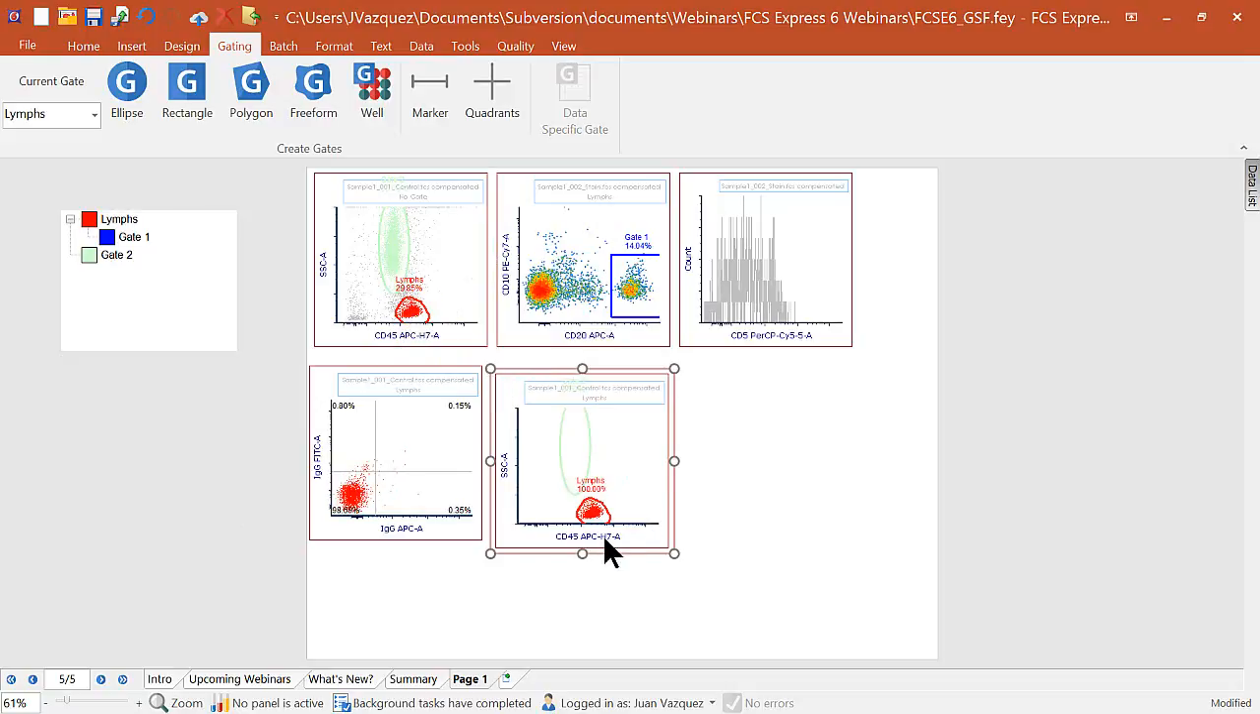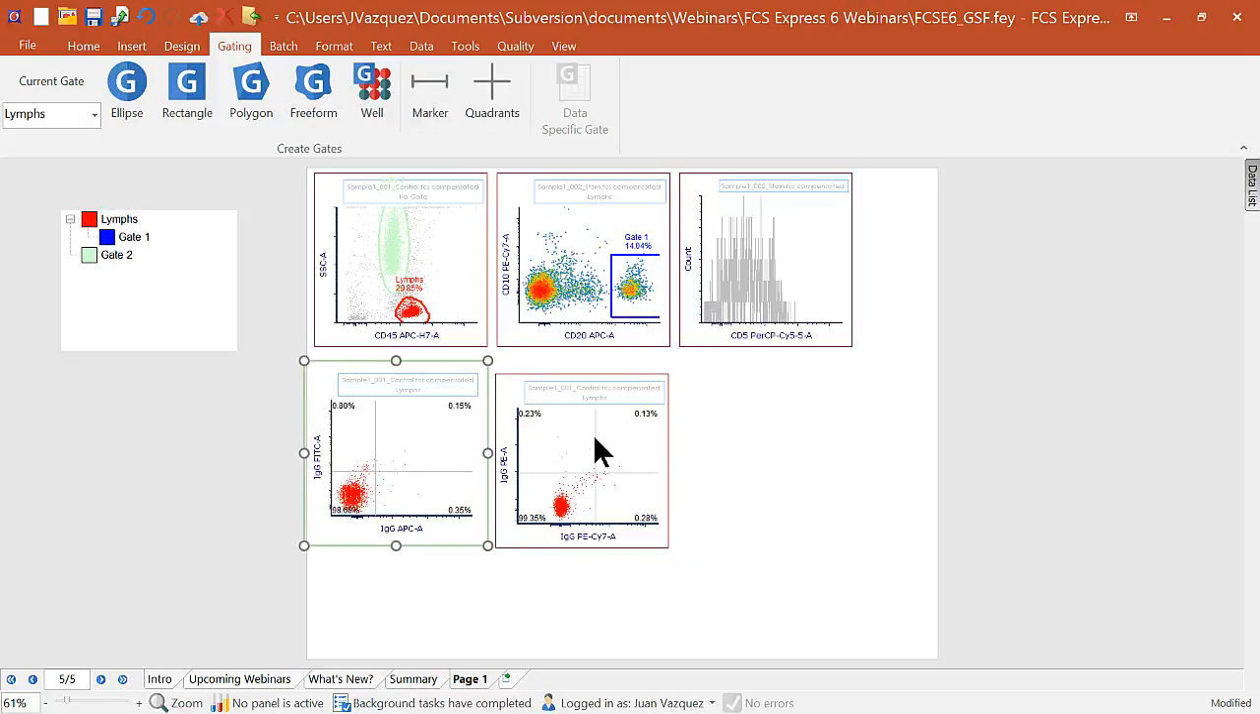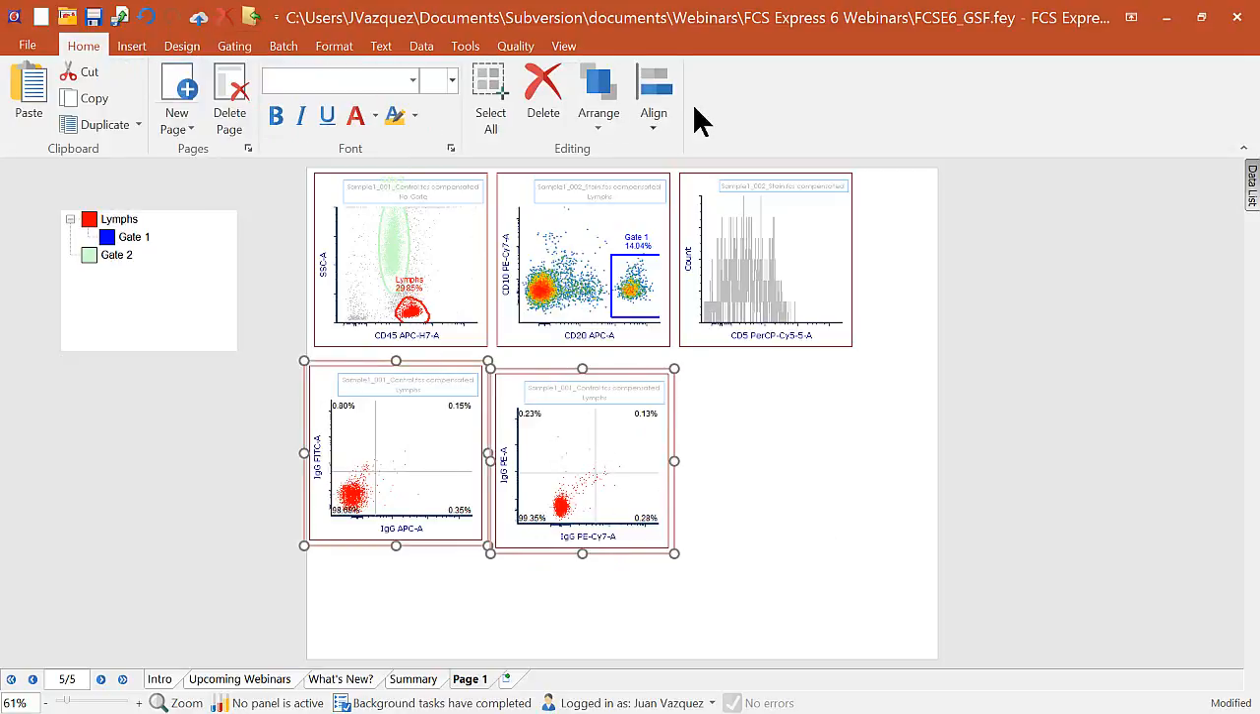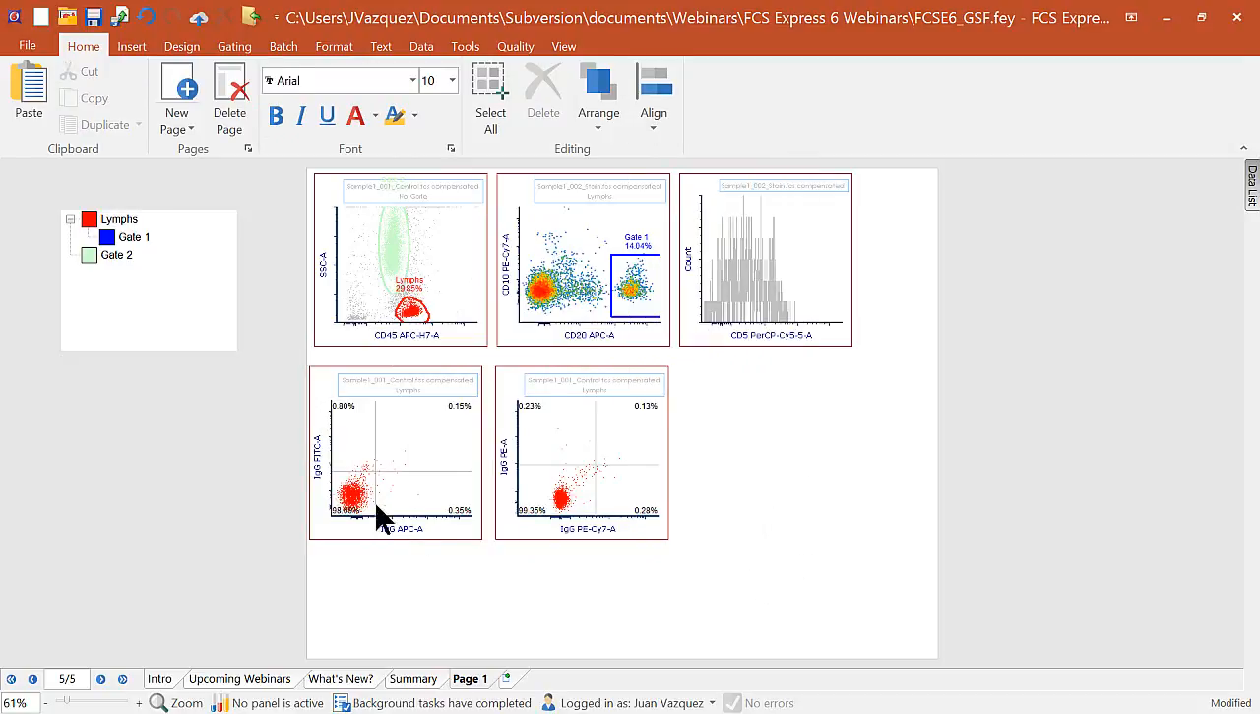Okay. So let me just create another plot. Let me just add another quad here. Now what we can do in FCS Express is link different quads together. So I'm just going to align these two. So let's say I actually want to link this quad with this quad over here. So what I'm going to do is format this quad